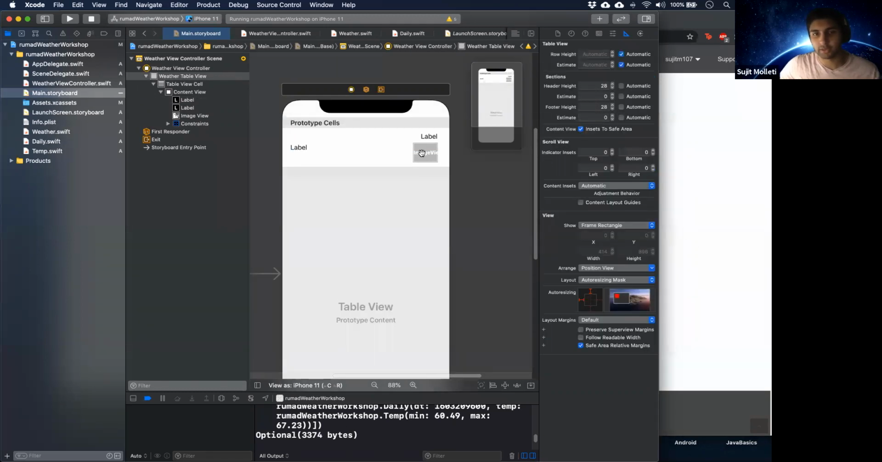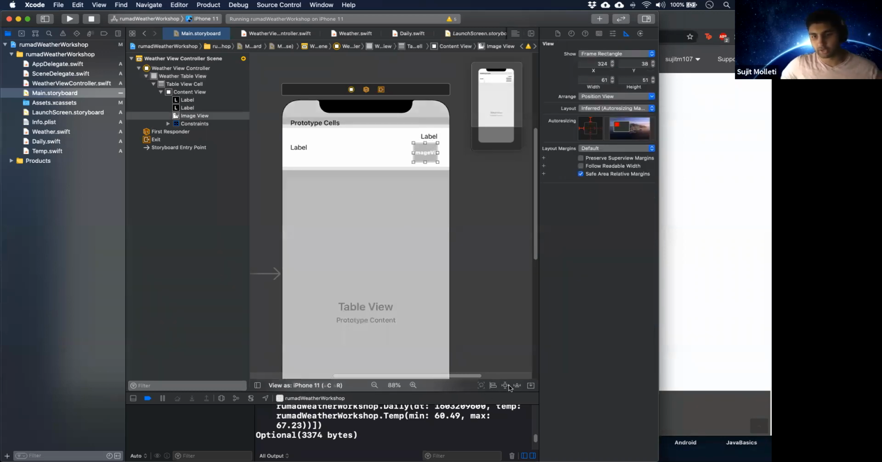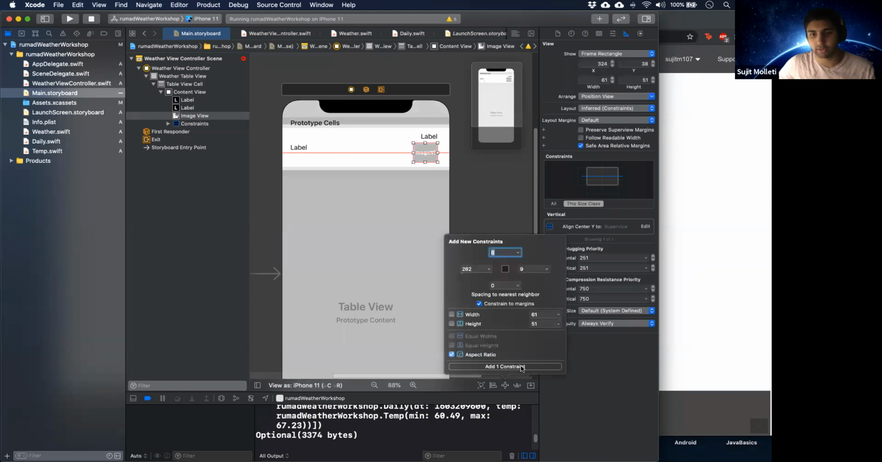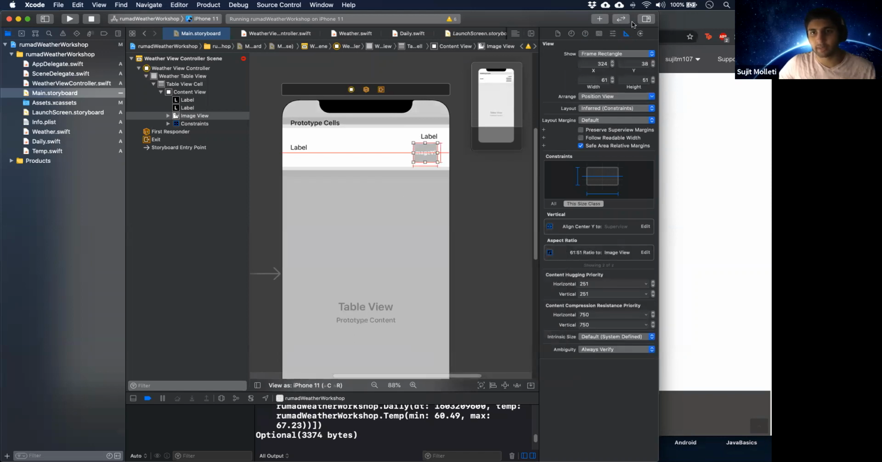Okay, now I have these two elements I want to change. This will be the high and the low. I'll set the image view first. So what I'll do, I'll also set this in the middle of the y-axis. Wait, I think the first thing we want to do with the image view is set a height and a width. So we want to make sure the aspect ratio, set aspect ratio. And then with the image view selected, you want to go to the size inspector. You want to edit this to a 1:1 ratio,